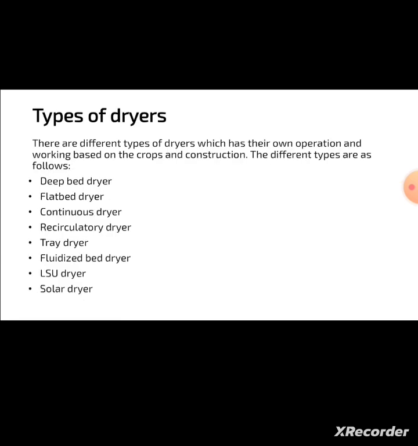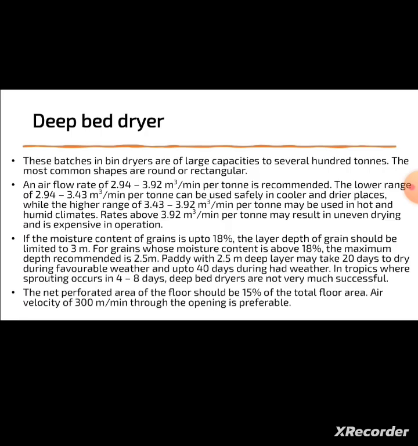Then there are certain types of dryers which have their own operation and working based on the crops and constructions. There are different types like deep bed, flat bed, continuous recirculatory tray dryer, fluidized bed, LSU, and solar dryers. First one will be the deep bed dryer. As we have seen earlier in this session, deep bed drying is nothing but the bed thickness will be more